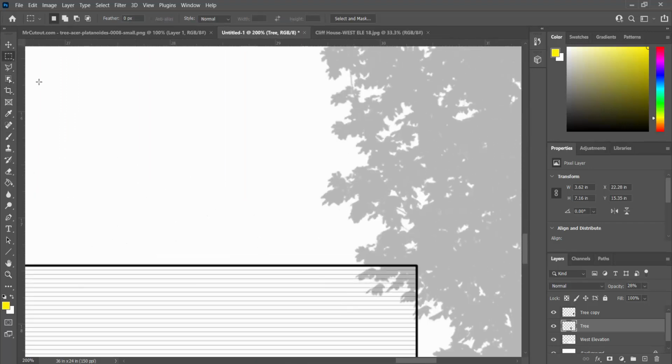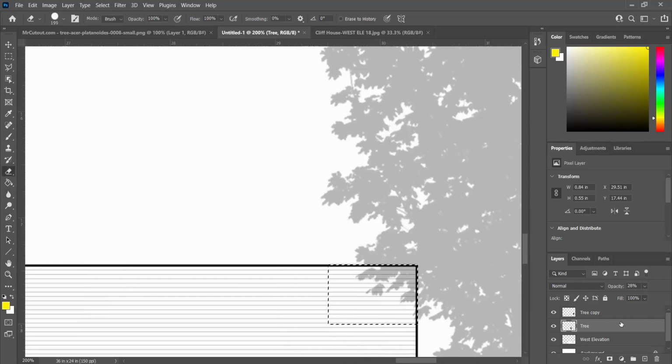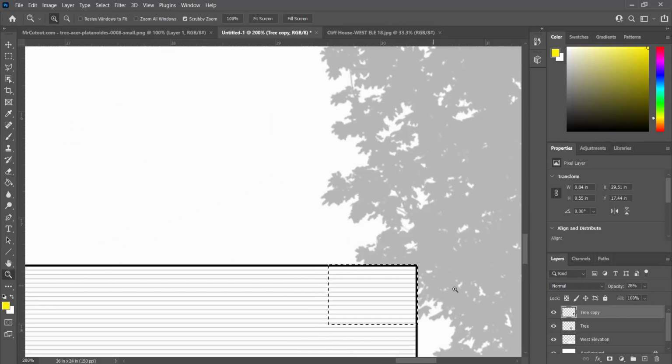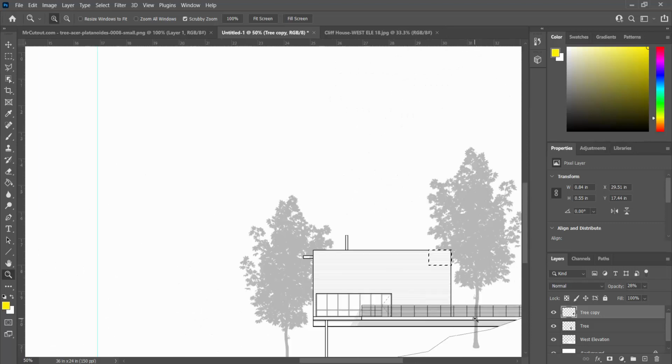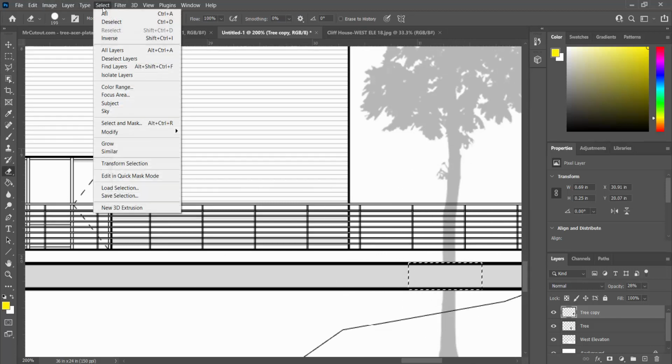So again, the marquee selection, just so I have nice edges in terms of what I'm deleting. Oh, I need to select the correct layer, so it's tree copy. There we go. There's that piece. And then I've set myself up for a slightly more difficult thing to do right here with the guardrails. But really, the whole point of that guardrail design is to be somewhat transparent. So I can probably just pull this off by going erase where that structure is, select, deselect,